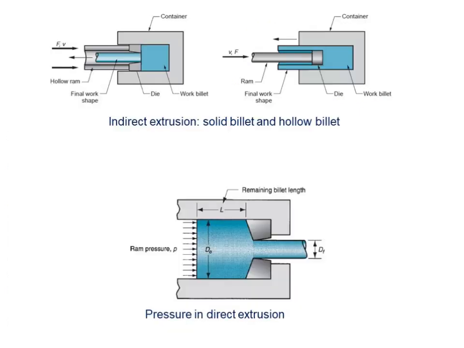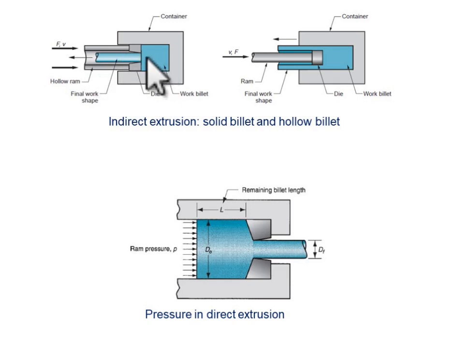So in the next slide we can see this is the example of indirect extrusion. Here this is where we are applying load, and this is the workpiece, and the die is over the ram only. In case of direct extrusion, we had a die over the container, and the direction of force and the flow of material was the same. But in case of indirect extrusion, the direction of force and the directional flow of material is opposite in nature. We are applying force in the positive x direction, but material comes out in the negative direction. So that's why it is called indirect extrusion.